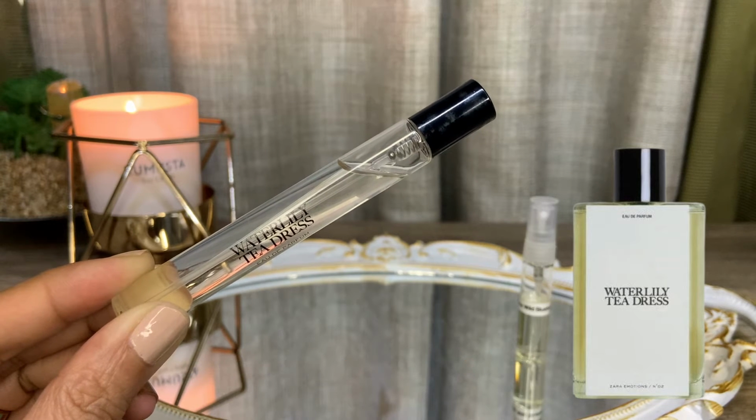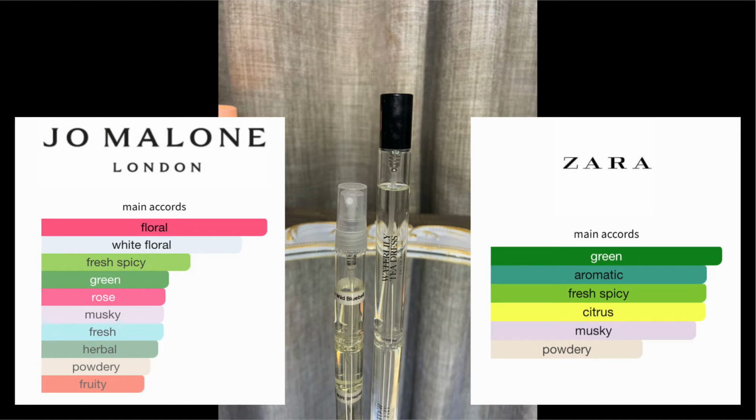The big similarity between the two is their aromatic green musky undertone, plus their names both start with the letter W. The main difference is the stark overlay of pretty florals and juicy fruity goodness in Wild Bluebell, which here in Waterlily is there but very much muted and faint. There is a transparent floral, maybe some hints of fruits in Waterlily Tea Dress, but I can't say they are the very same ones that you smell in Wild Bluebell. But the way they come across to my nose is fairly similar, although definitely very faint and distant in ZARA's